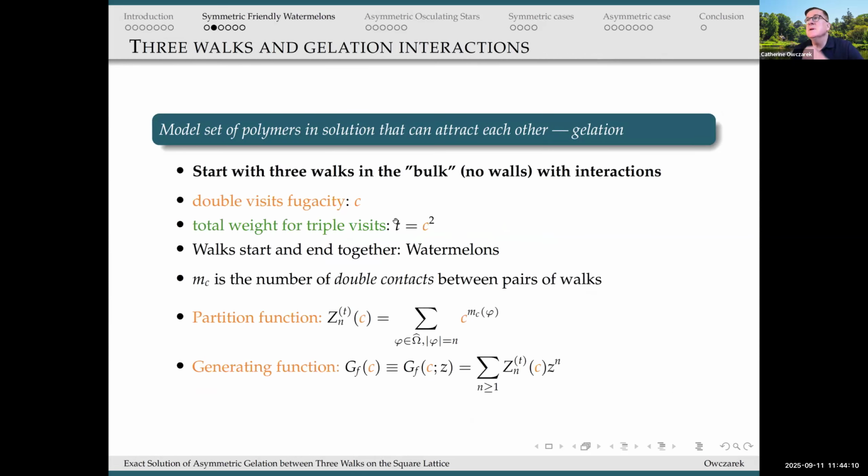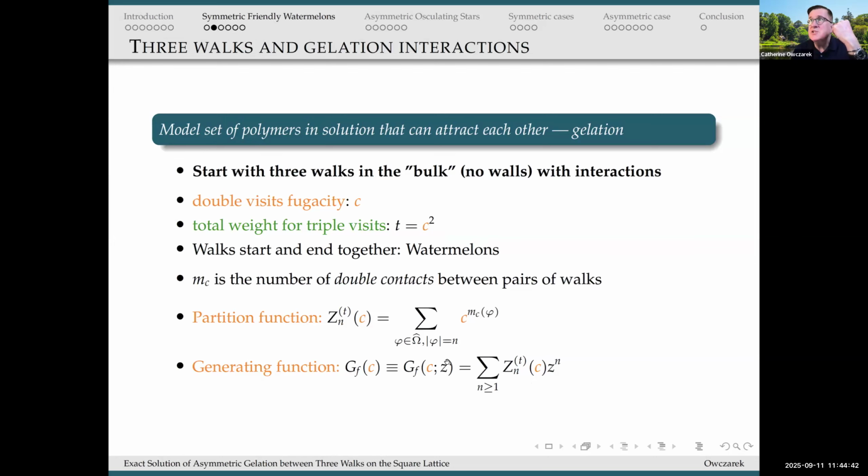So this is another way of writing it down. Double visits gives you a fugacity C. The triple visits gives you C squared. The walks start and end together. M_C is the number of double contacts, and your partition function is what you might expect, summing over all configurations, C to the M. And the generating function, which is what we found last in that 2016 paper, is this simple